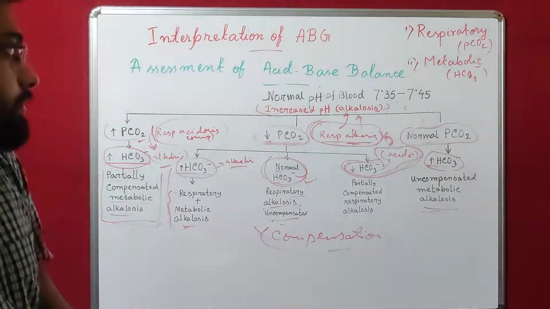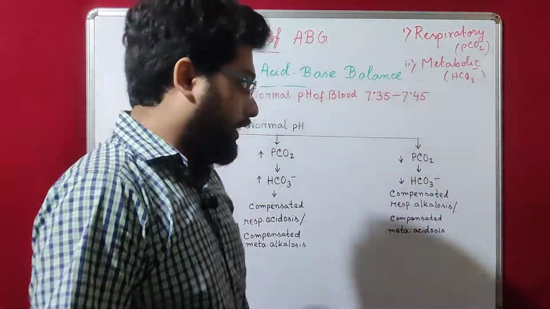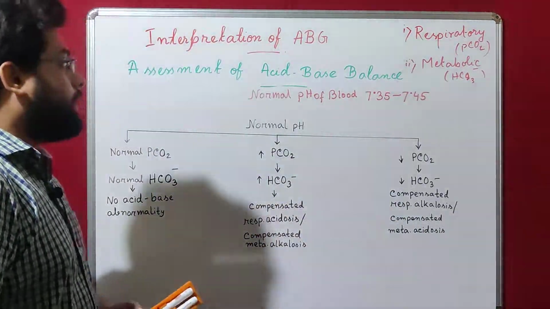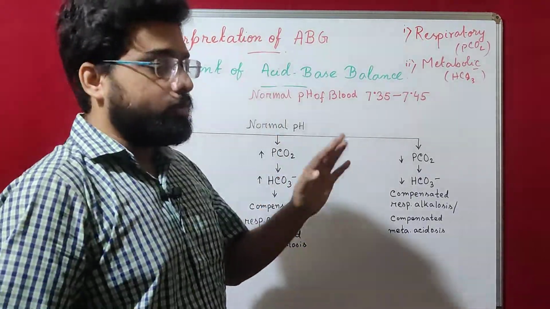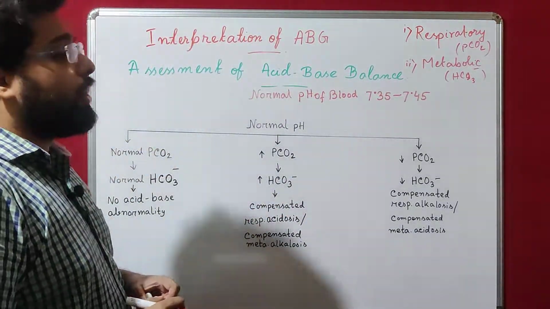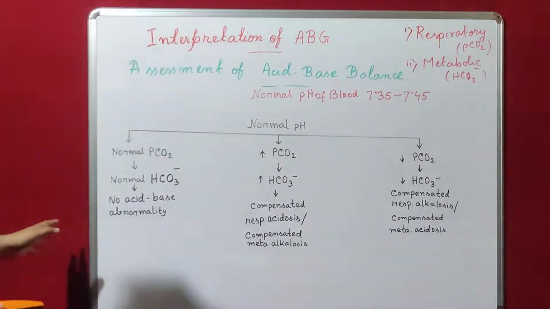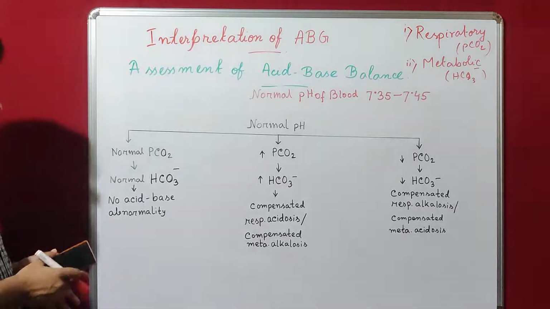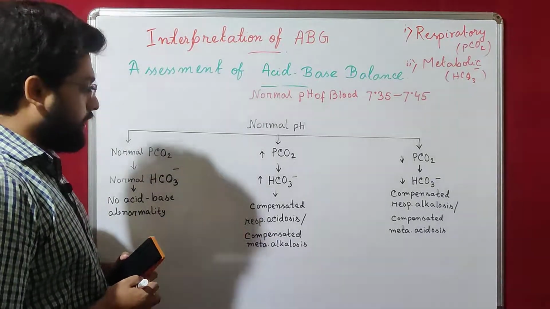And next, the last part: if the pH is normal. If you see in an ABG report that the pH is within the normal limit, what will we do? Will we jump to the conclusion that everything is normal? No, obviously not. Let's see what can be present with a normal pH also. First is the normal scenario, where pH is normal, PCO2 is normal, and the concentration of bicarbonate ion in the ABG is also normal.